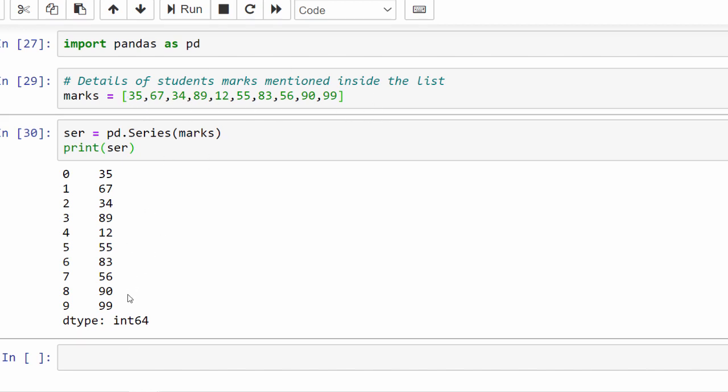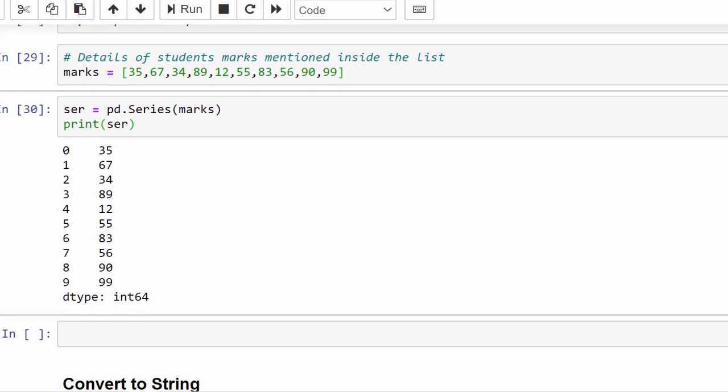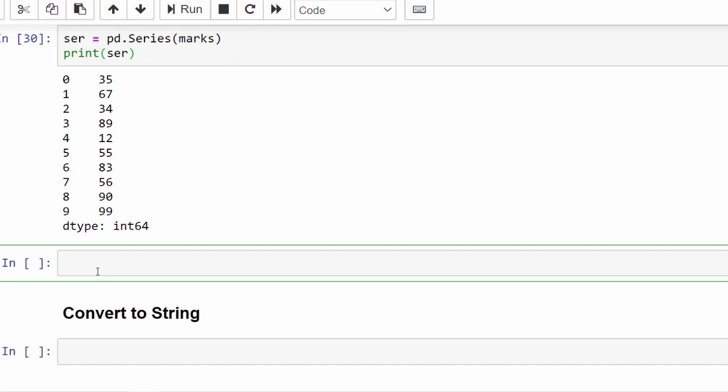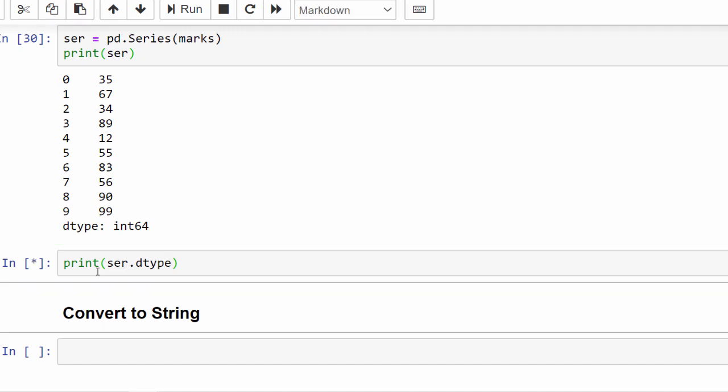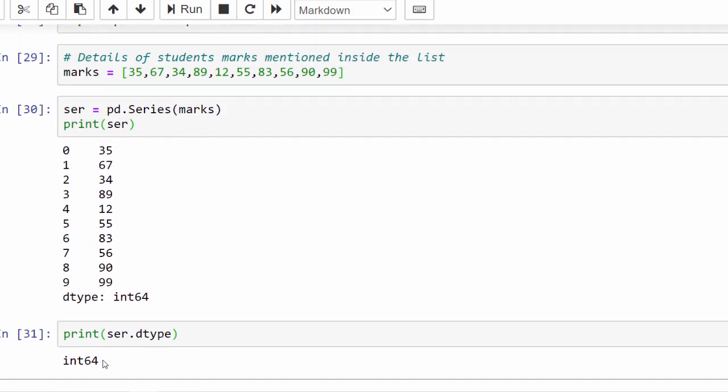So the data type is integer 64. By default it will show you the data type, but still if you want to print and check the data type, the syntax for that is print ser, the variable in which we have saved our series, dot dtype. So when we execute, it's an integer data type.